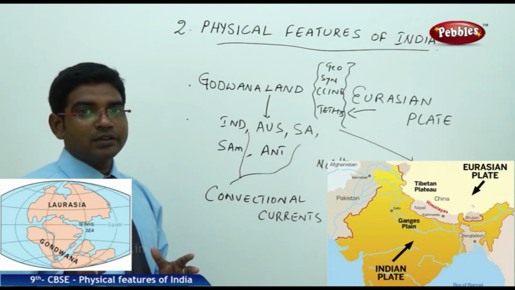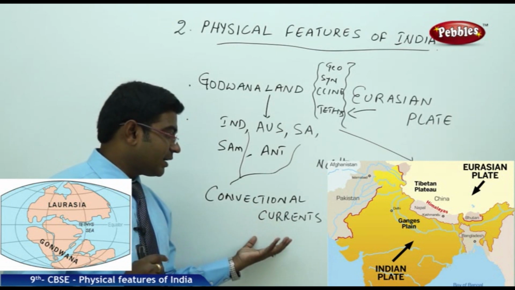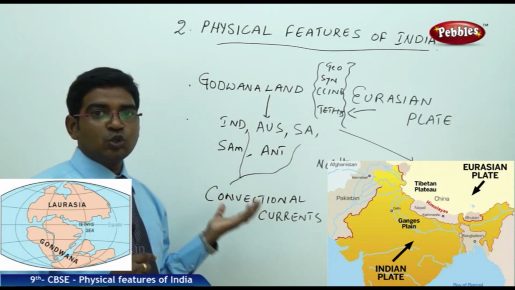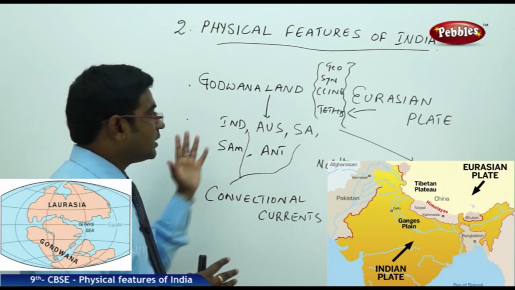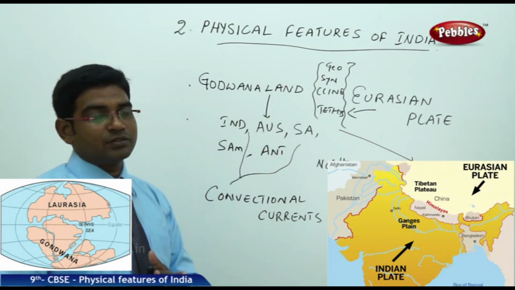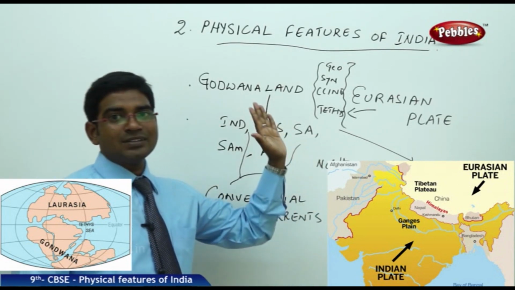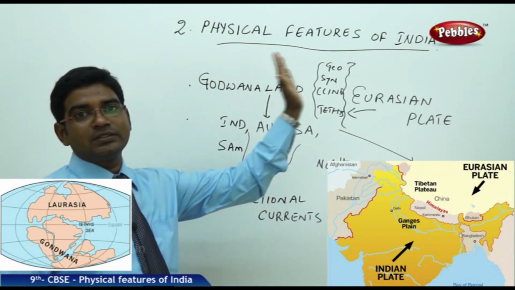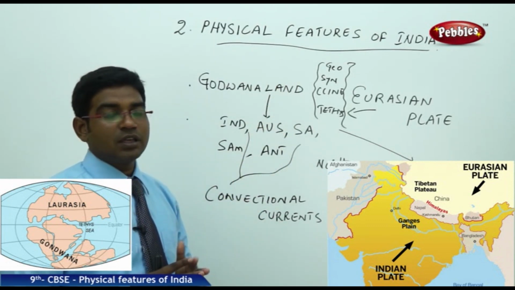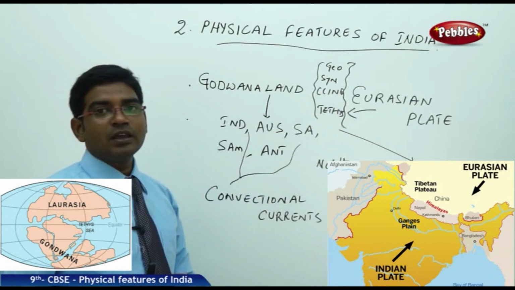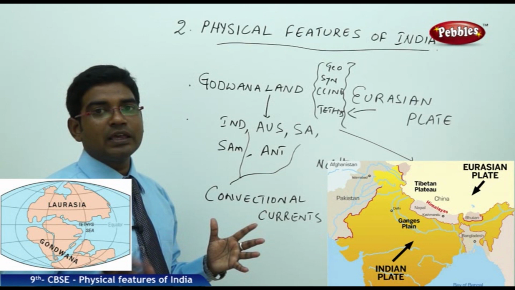This Gondwana land got split by the convection currents which have come towards the internal land masses, and broke them into the Indo-Australian plates. Now, this plate was tilted towards the northern drift and it's moving towards the northern direction. On the northern side, we have the Eurasian plate, which comprises Asia and the European land masses